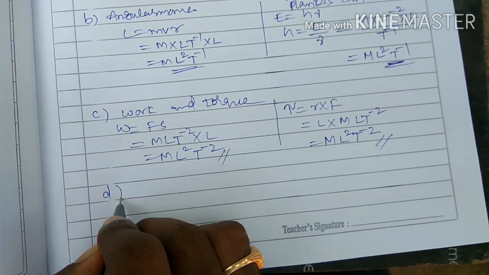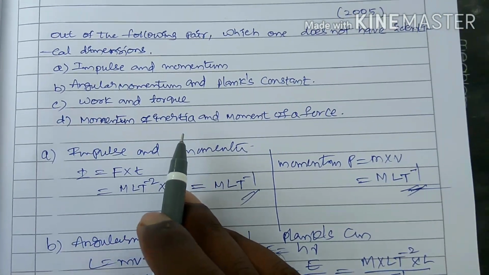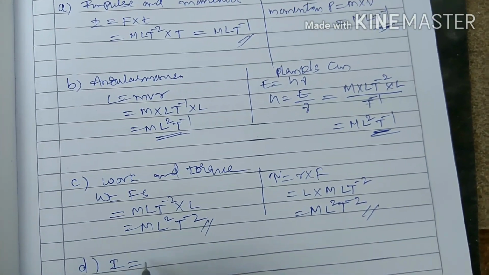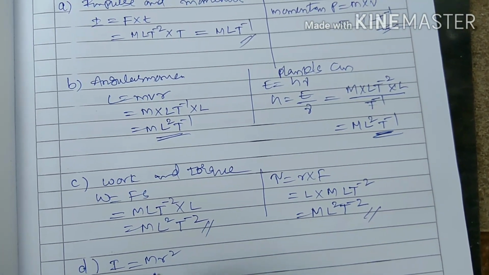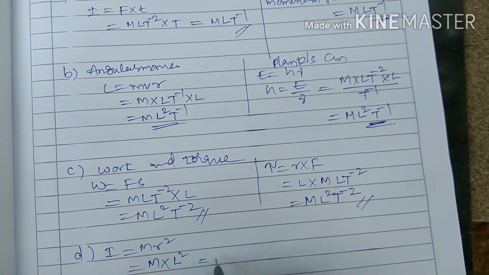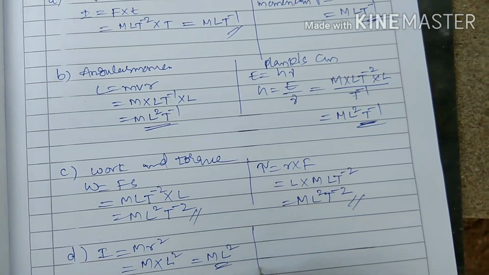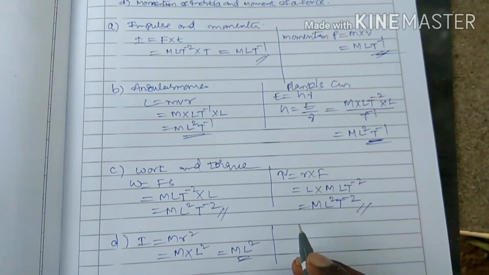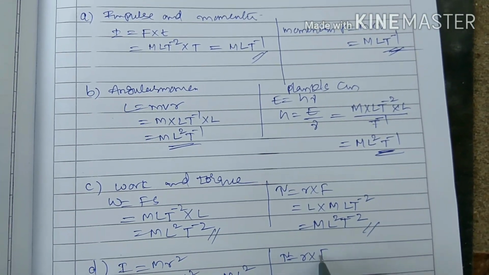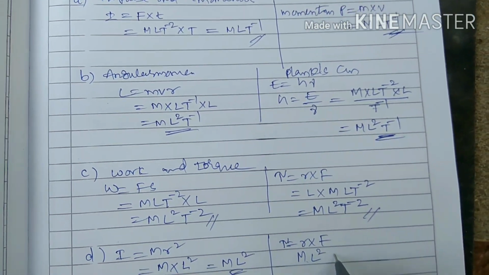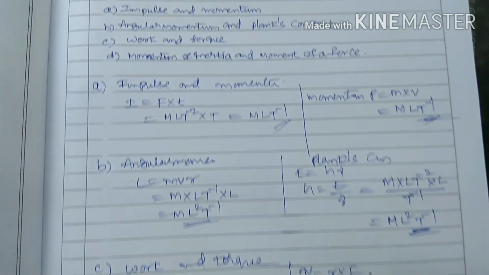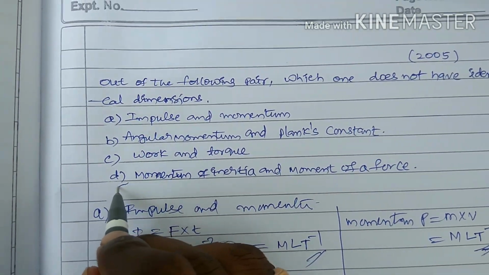But coming to option D, which asked moment of inertia and moment of force. Moment of inertia, I is equal to m r squared. So that is m into r, nothing but the distance to the particle, that is L squared. It is equal to mL². Coming to the moment of a force, that is nothing but torque, it is equal to R cross F. We can write it as ML²T^-2. So these are the non-identical components which were in our option D.